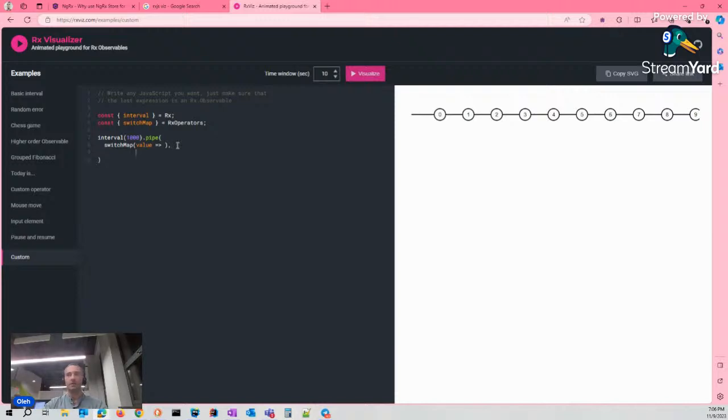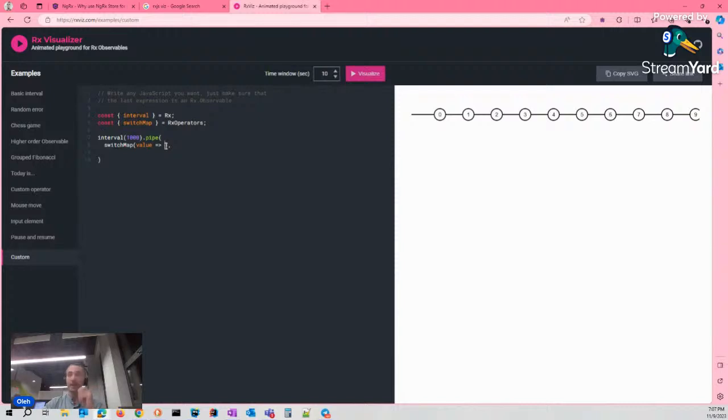And the next operators will accept these new values from the switchMap. It's a crucial moment of this operator that switchMap cancels the previous stream if that stream wasn't completed before.